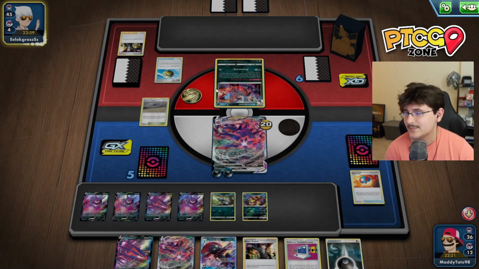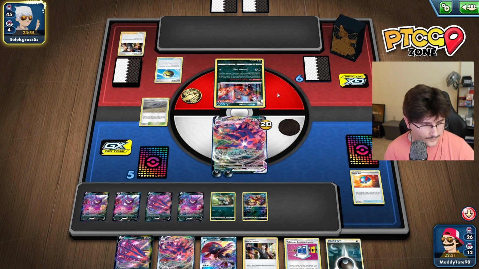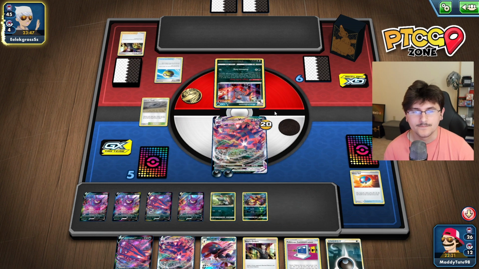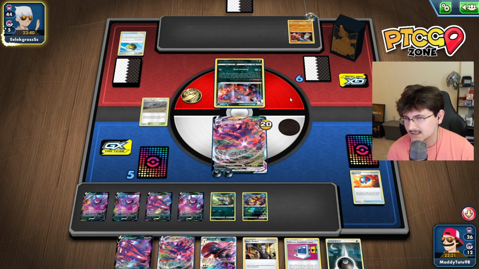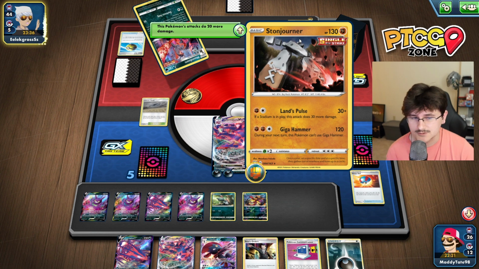He discards a Boss's Orders with Quick Ball, so he's going to be able to find something that he kind of wants in his list. He might, at this point, be grabbing a Crobat or a Dedenne, just because he doesn't have that many drawing options in his hand. He actually grabs a Stone Joiner, so this is going to be a single strike, single prize archetype deck. He's going to attach that Stone Energy, and we're going to see the single strike